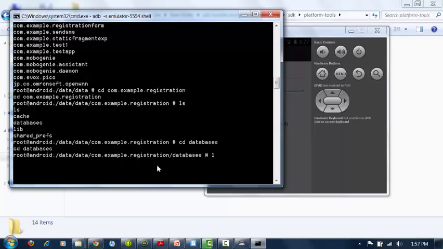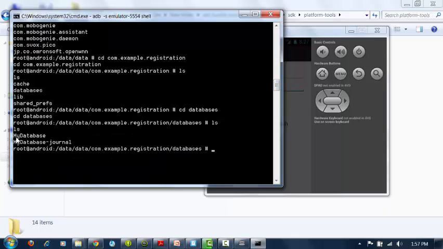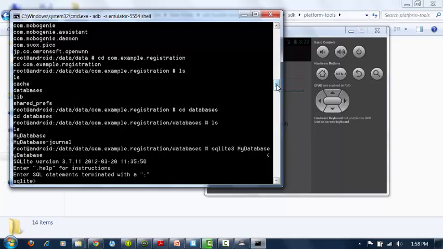So now we are inside the databases folder. Check what is there inside this. Here you have the my database. This is the database which we have created. Now we have to open this database and see the data which is present inside it. For that you have the command, that is sqlite3, space, give your database name, my database, enter. Can you see that